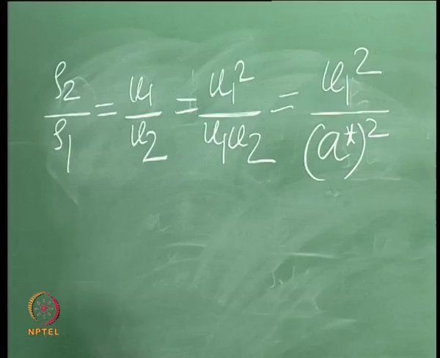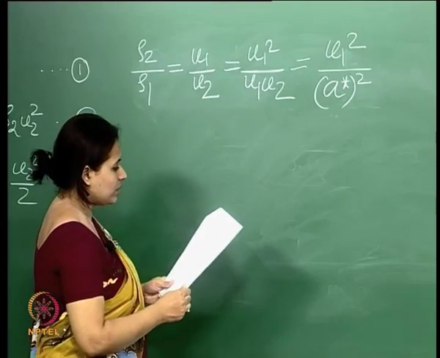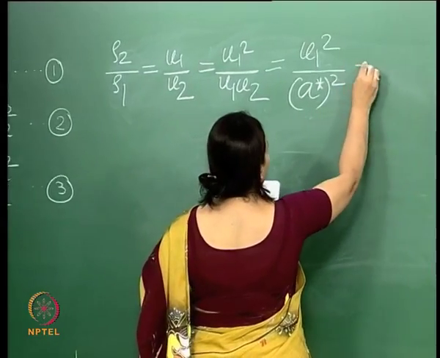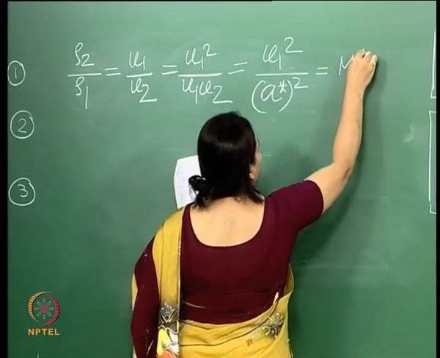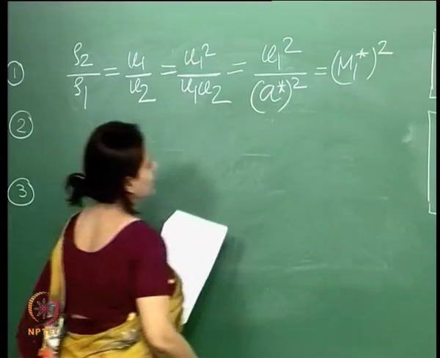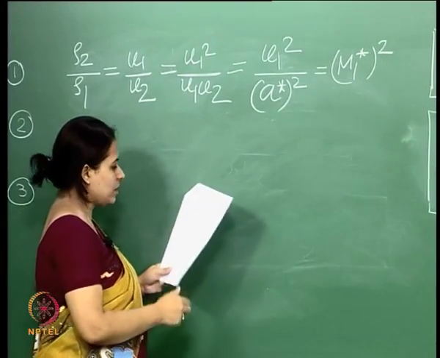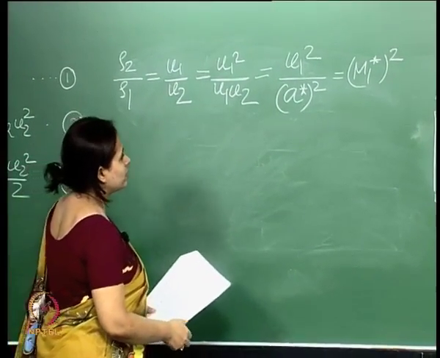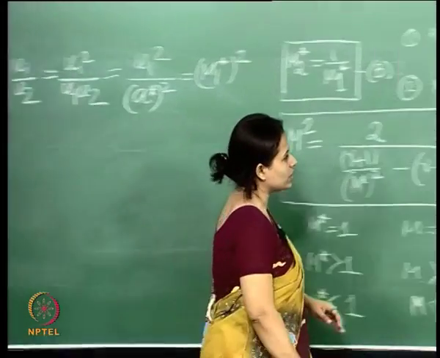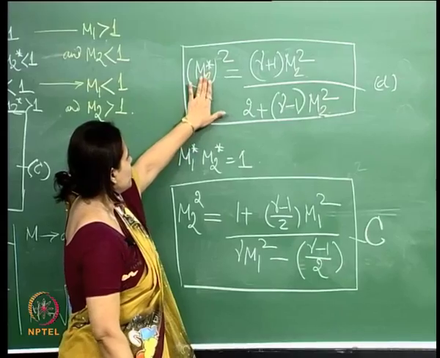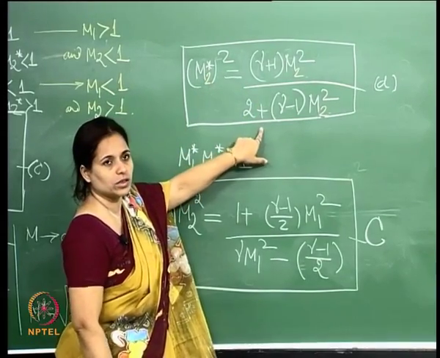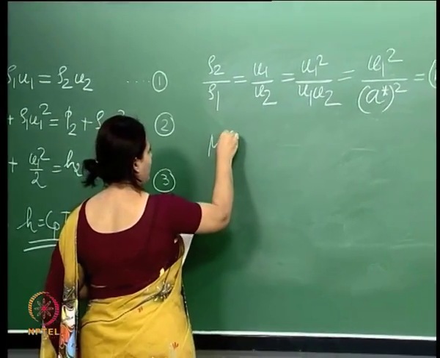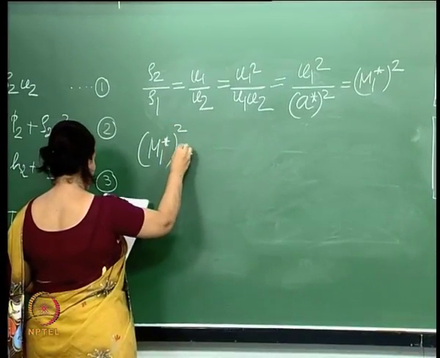This we have done before. And then what we will write here is nothing but M1 star square. Now, M1 star square we can use from the expression which we developed over here. This was the M star. So, if you just write that as M1 star, you get this relationship. Okay. So, what we can write over here is, now M1 star square is